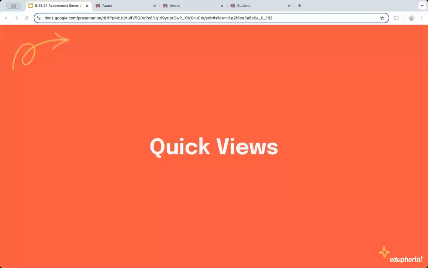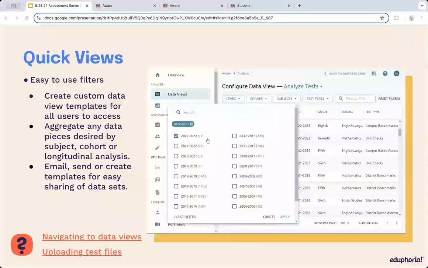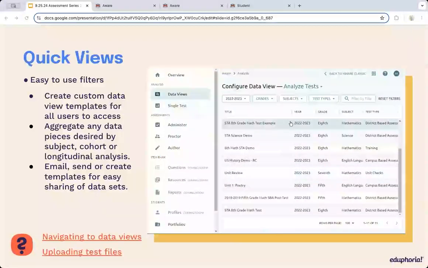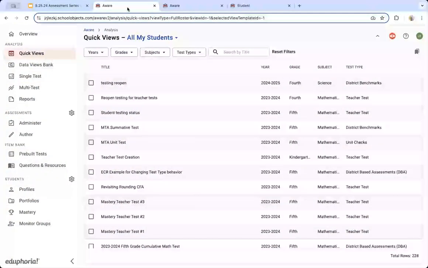And then you can use that to decide, are my data practices really getting to the crux of what I'm needing to pull from this analysis? So the first part of this is to really just dive into Quick Views. I'm going to go ahead and open up a browser, and we're going to show you an example of all of the things that Quick Views really can do. And I want to give you a couple of bumps, either in redirecting you in the right direction or giving you the right direction on how to really leverage Quick Views in meaningful ways.